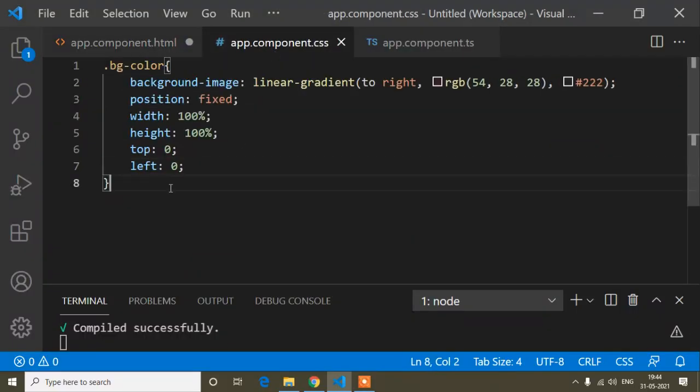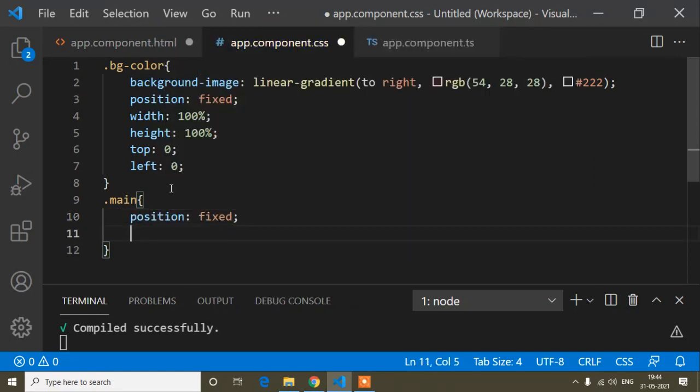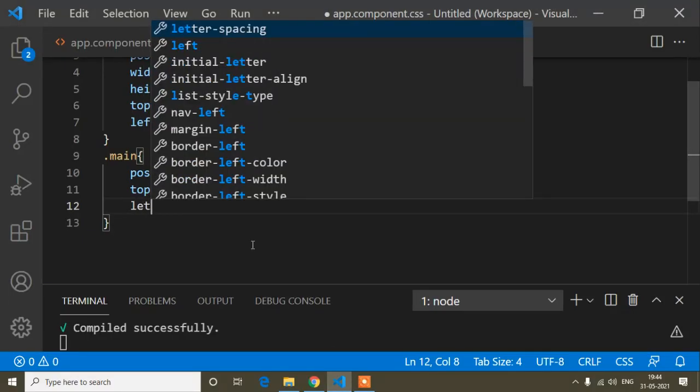So here I will write some CSS properties that will help bring the slider to the middle. I will write position fixed, and now top is 50%, because that will bring the slider to the middle. Top 50% means this div will start from 50% of the top, and in the same way it will start from left 50%, so it will fall in the middle. Okay, so left